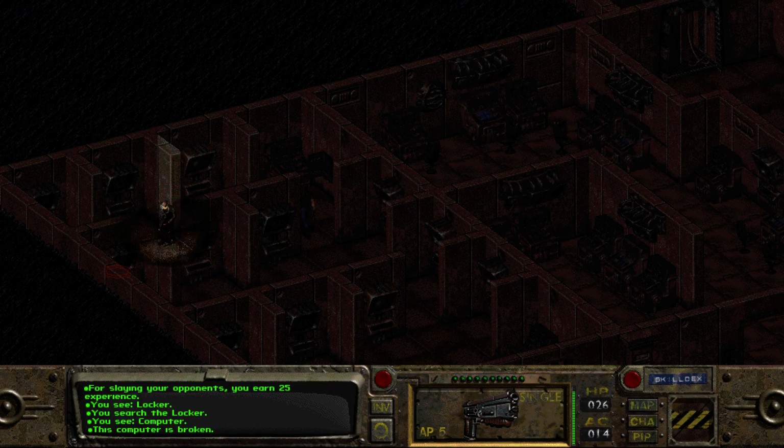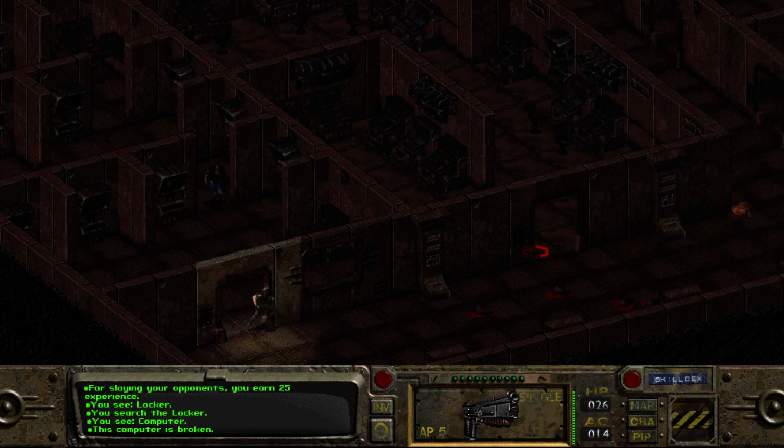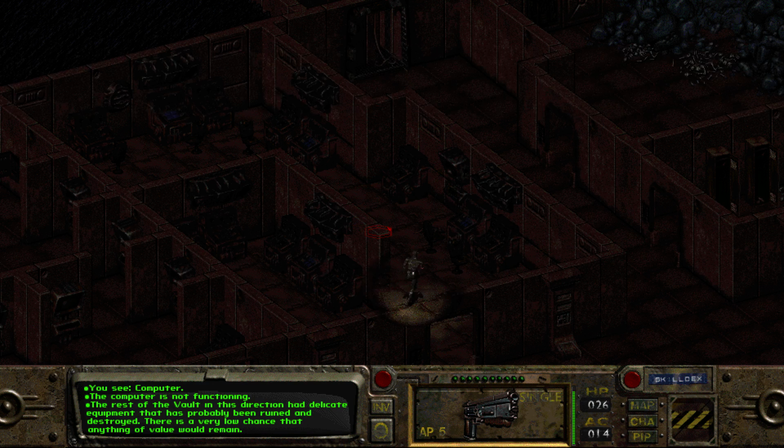This computer is broken, you don't say. Look at that. The screens are all broken, everything is broken. Everything. Look, this one. No, it's not functioning. Some of them are... The rest of the vault in this direction had delicate equipment that has probably been ruined